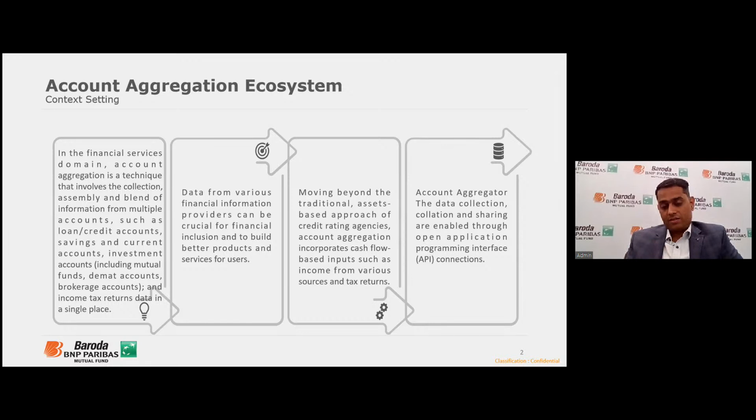Now, with this account aggregation, again, the prime and the key is the consent of the investor. Why? During the process, when the investor is opting for any financial planning or any new product or new loans, and he provides consent, the data flows in a very secured manner to the financial institution. And this is a smooth process as far as the investor goes, because in the back end, it's all API based and automated, by which the account aggregator goes to the institutions, the financial information providers, and takes all this information of the investor basis certain set validations, and then disseminates this information to the